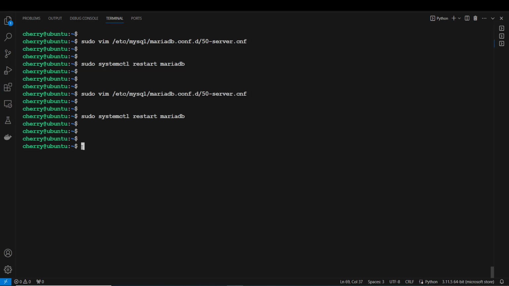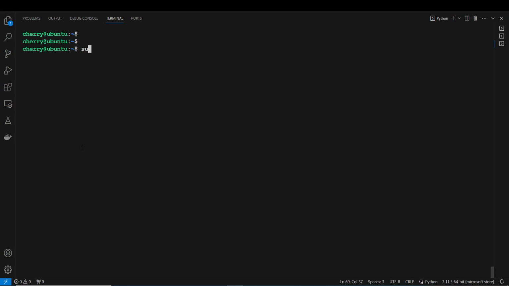To do so, we can run the command, so let me clear the screen, sudo mysqladmin processlist -u root -p,